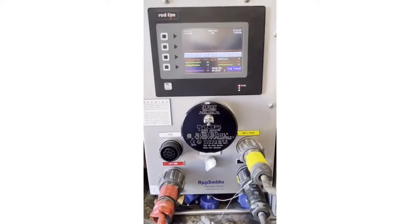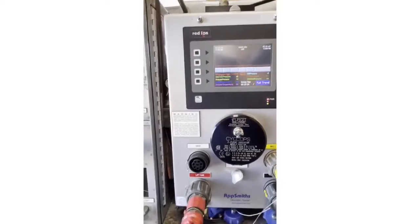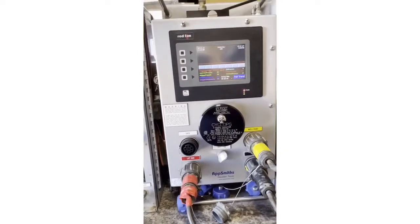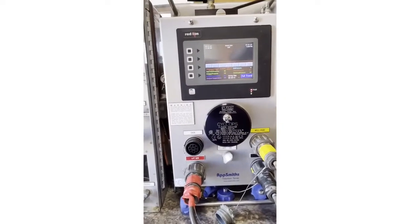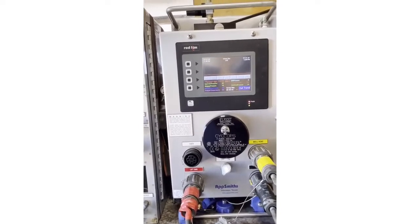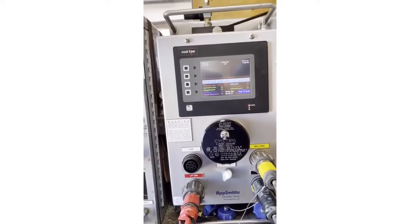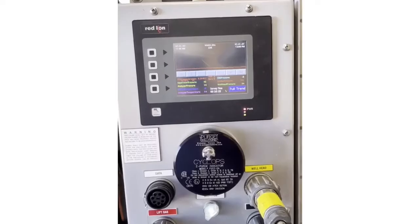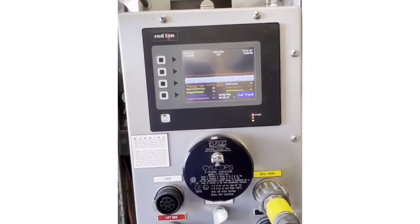We'll wait and see if we get any kind of indication of CO2 returns yet. So far, we're not seeing anything, which is good. We're only about 26 minutes into the test, which had about a 15-minute baseline before that. So we've had CO2 traveling down that casing for about 10, 12 minutes right now. So hopefully we're not going to see any returns for a couple of hours. We expect it to be at the bottom of this